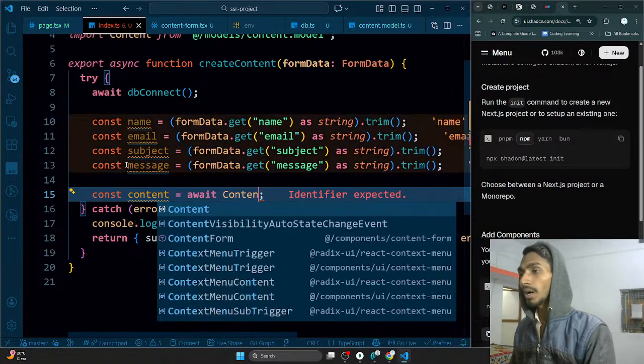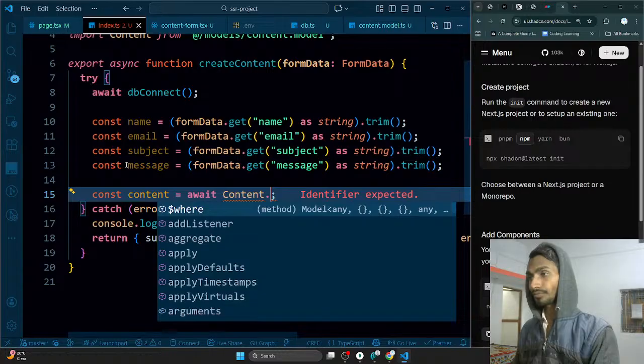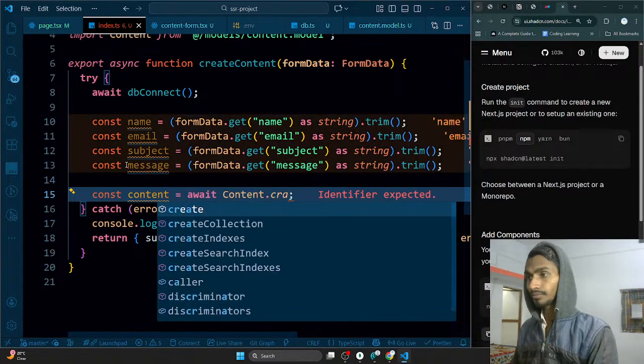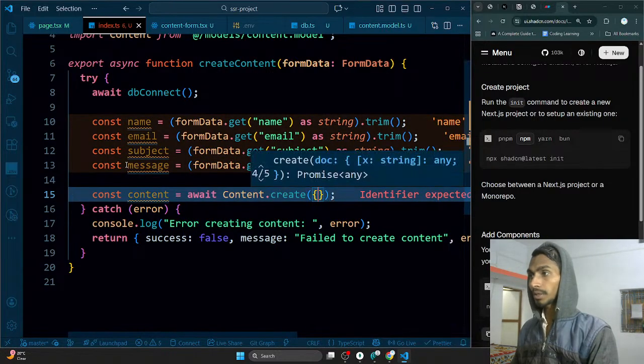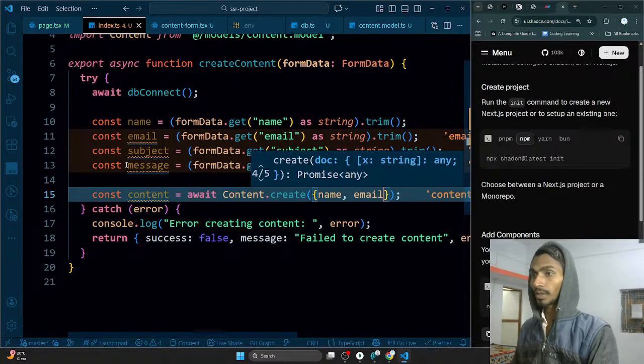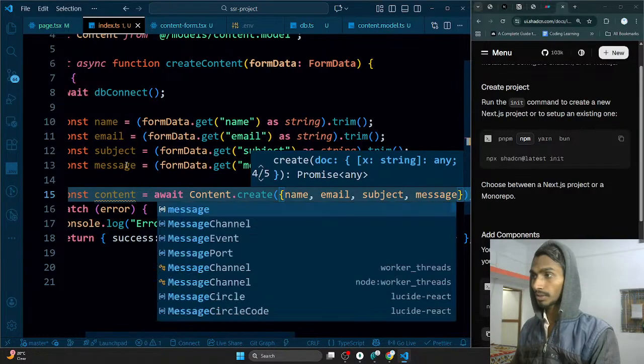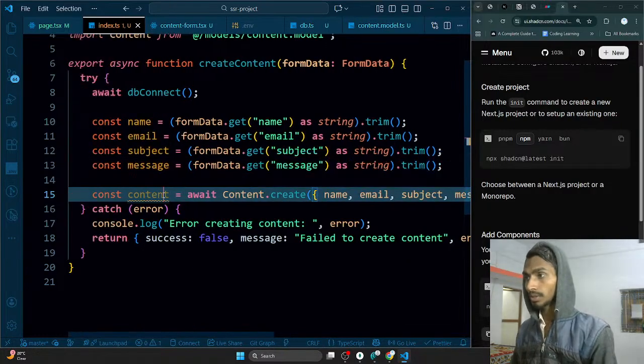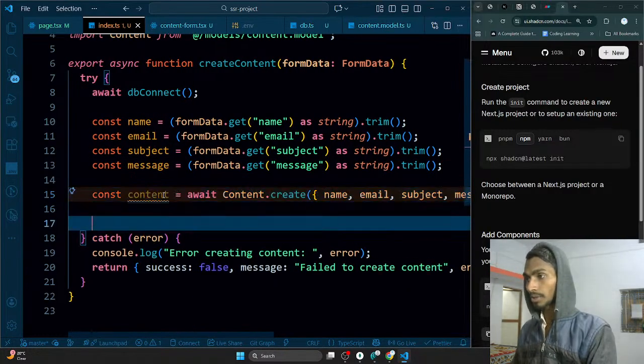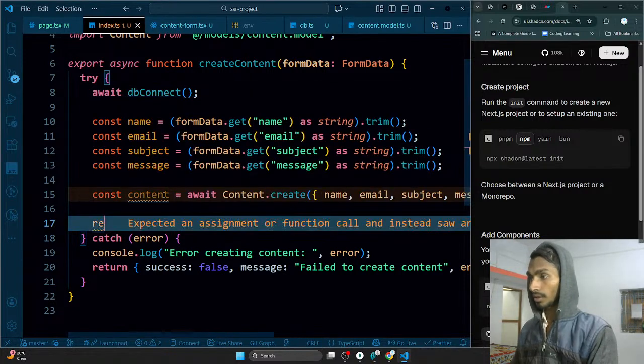Yeah. By the way, Content.create, and I'm going to be creating something like name, email, subject, message. So this is the thing that I'm creating. Once that's created, what I'll be saying is that return